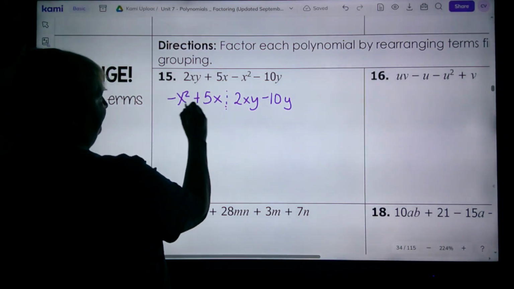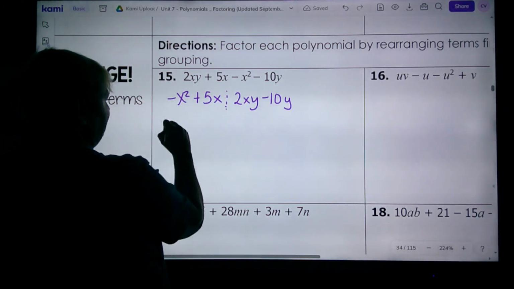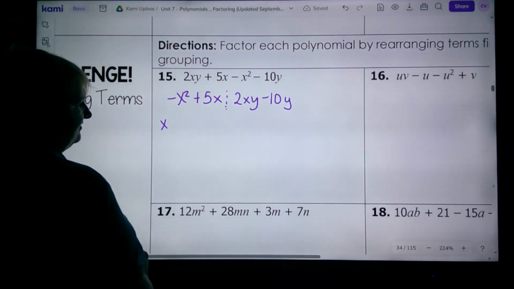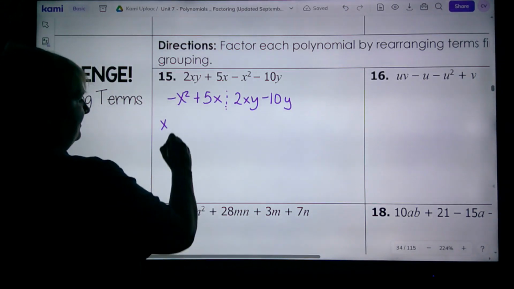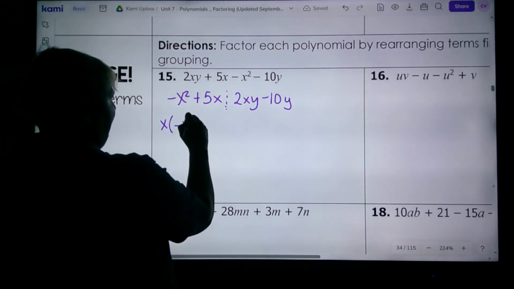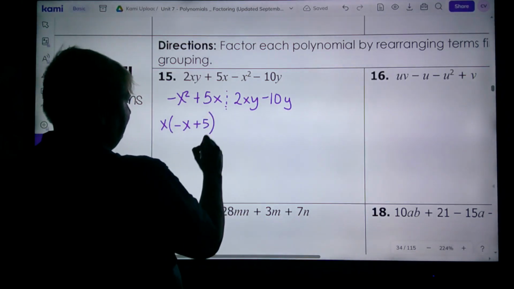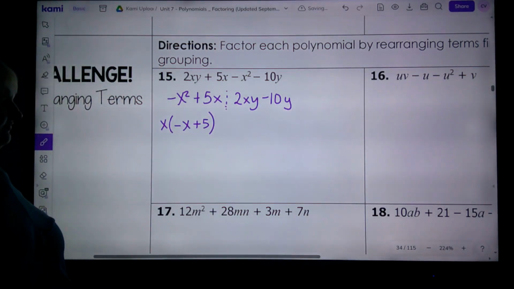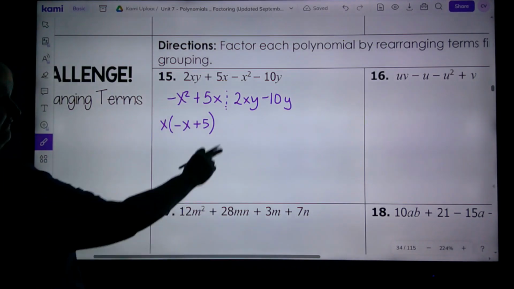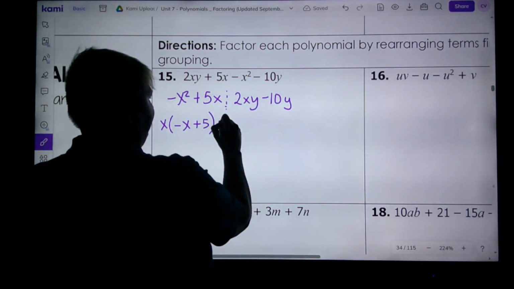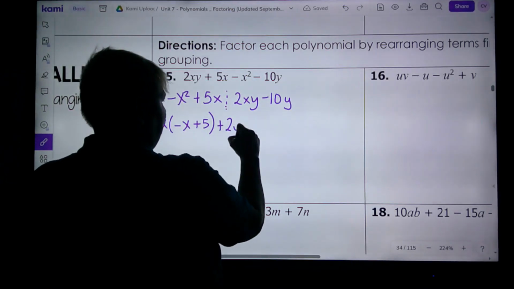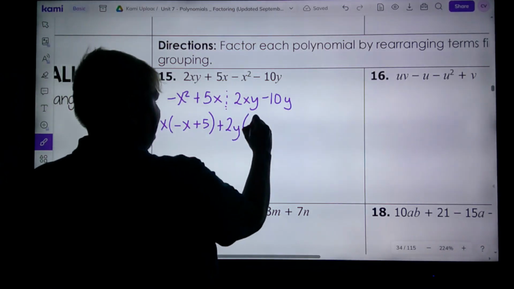Alright, so I can factor an x out of both of these. And that leaves me with negative x plus 5. I can factor a 2y out of both of these. And that leaves me with,